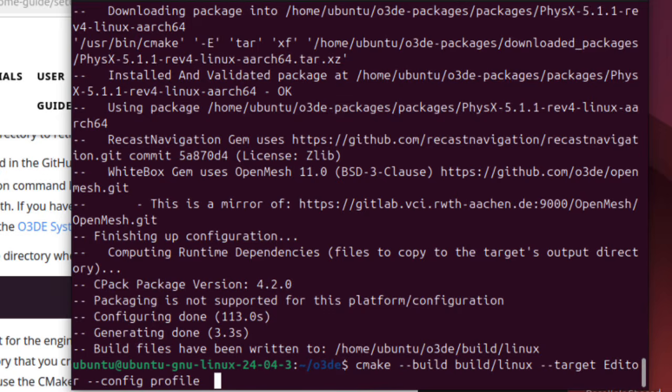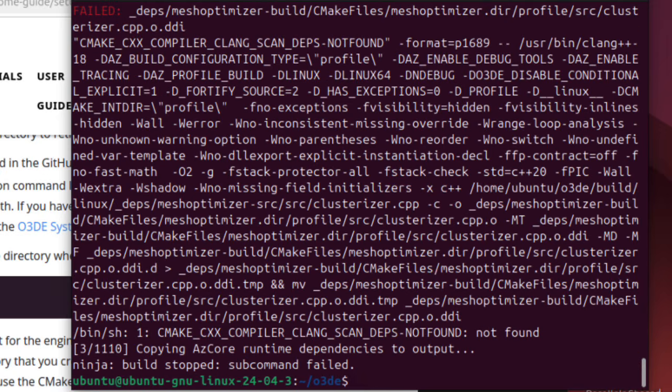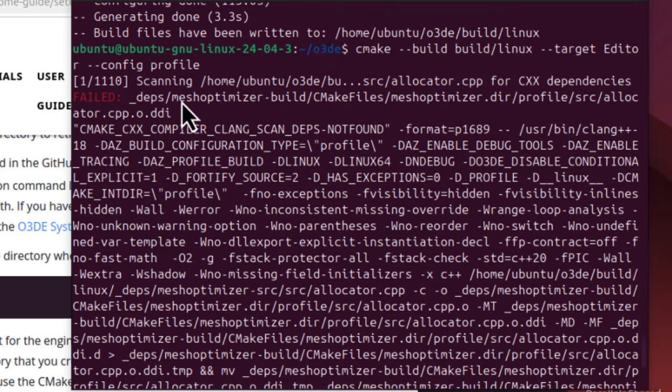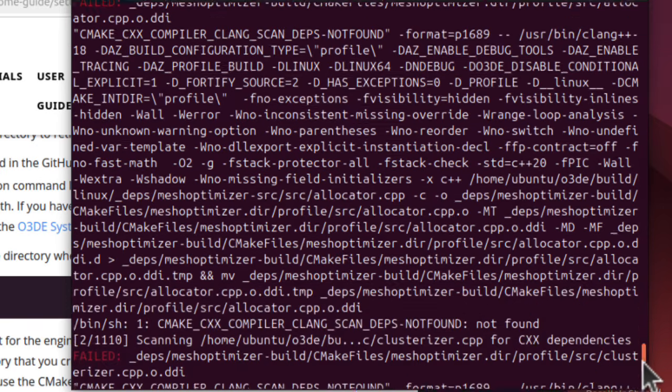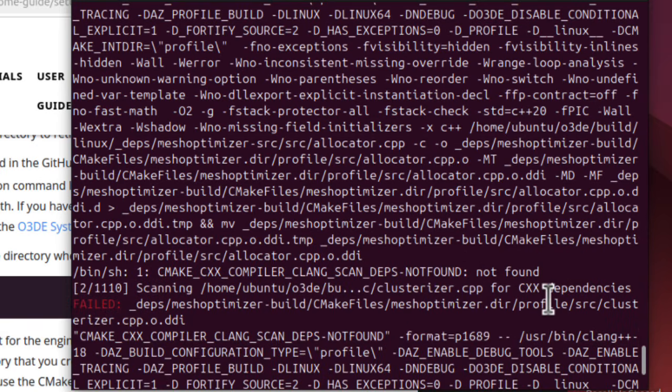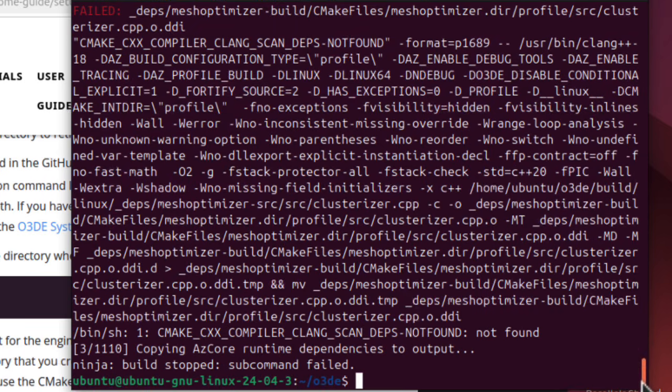So I guess let's try building the editor. Oh no! It fails when it says it's scanning for CXX dependencies. Here's another complaint, something related to CXX dependencies: clang-scan-deps not found.